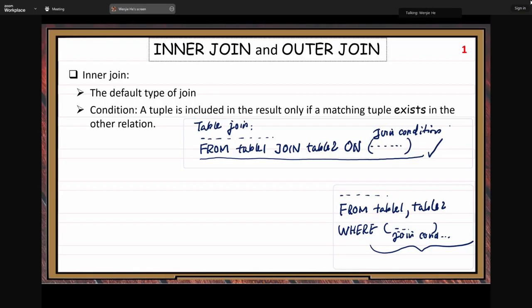All right. So here, condition. Now that's the main property. When we use inner join, the main property is how a tuple is included when we list the query result. How do we select those rows that satisfy the conditions? Use the rule here: a tuple is included in the result only if a matching tuple exists. When you talk about matching tuple,